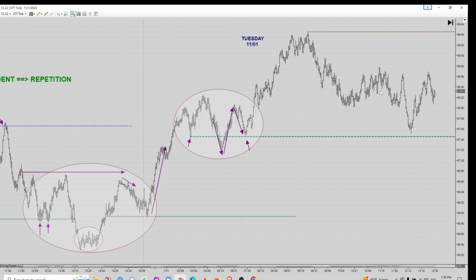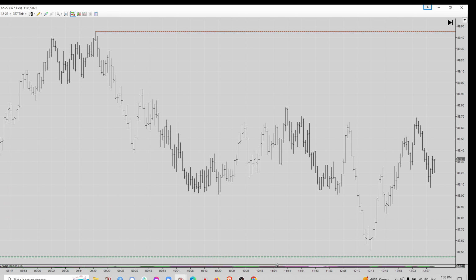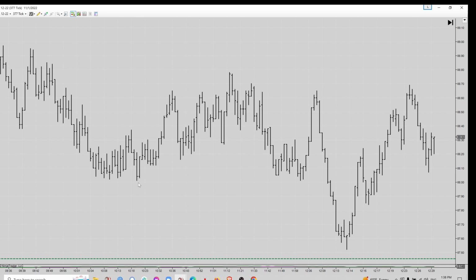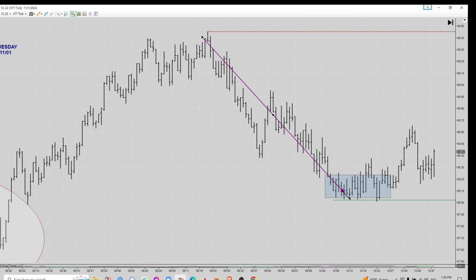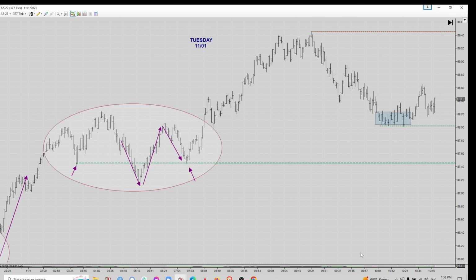The Tuesday session here was relatively quiet. About midday here in the lunch hour, I want to attract your attention to a very particular, very telling piece of tape, which was again the established support. Right here you can see where the market clustered on the pendulum pullback. This is the pendulum pullback, or the expected counter-directional event after covering significant distance on the way up, and there